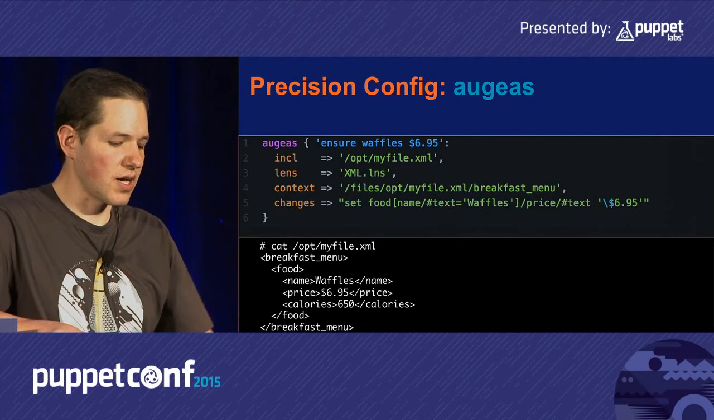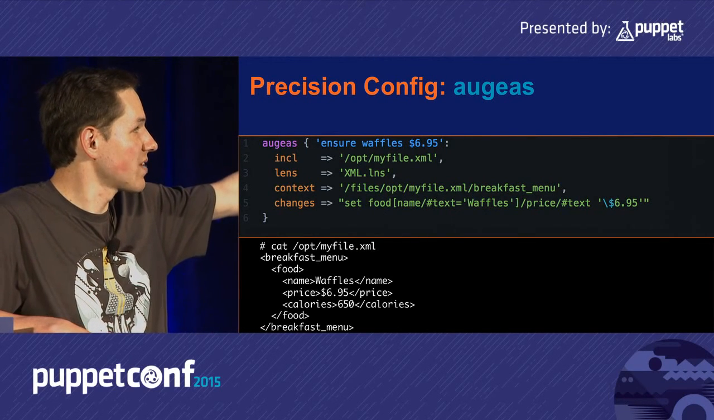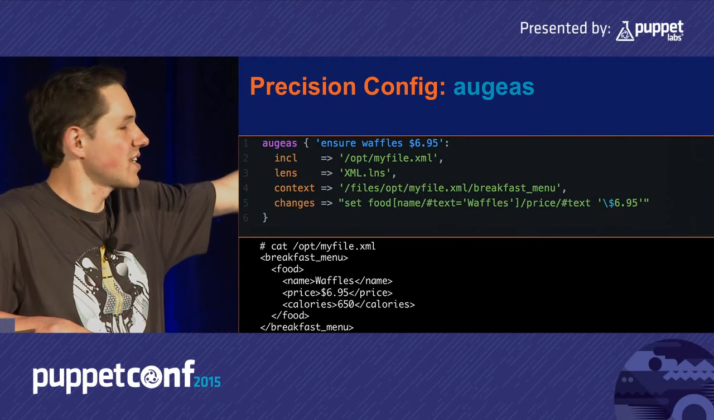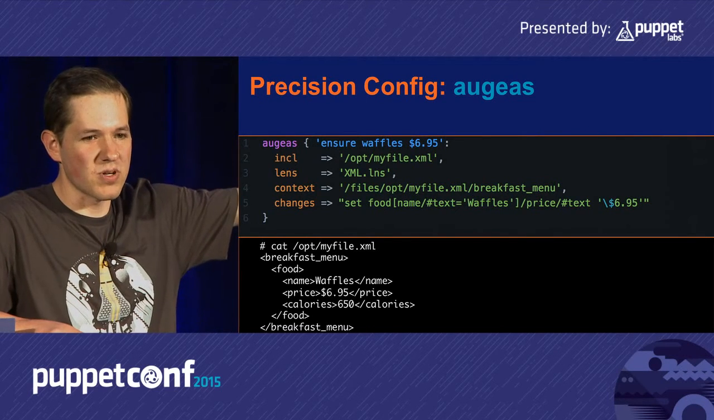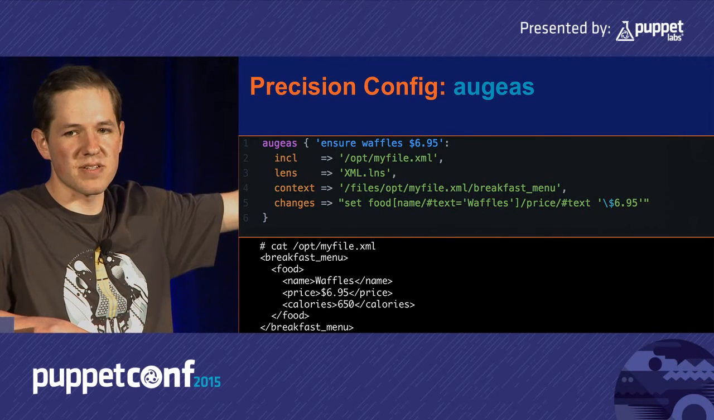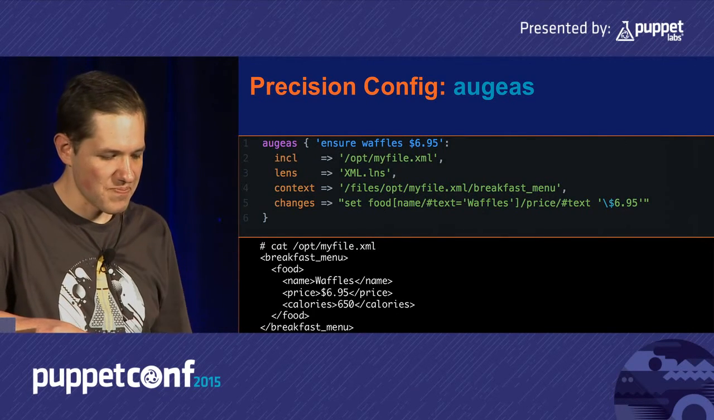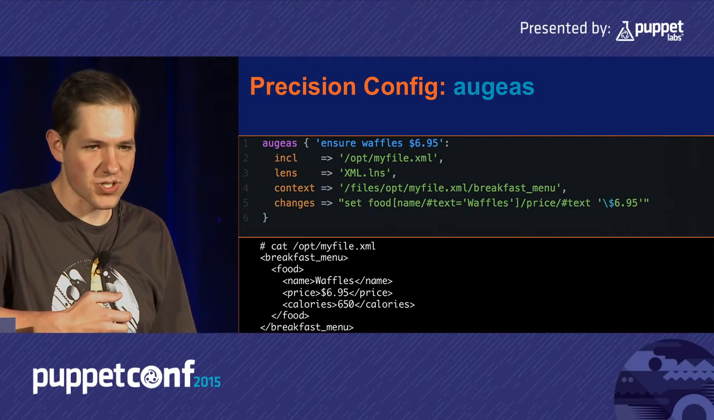So in this case, the context here says /files/opt/myfile.xml. You'll note that /opt/myfile.xml is a file path, /files is something else, and the thing that comes after, /breakfast_menu, is sort of an element inside the XML file. But Augeas provides a means of referencing that as a path. It then allows you to perform certain operations on